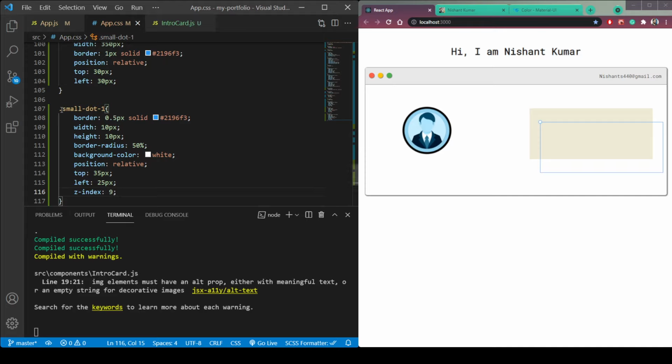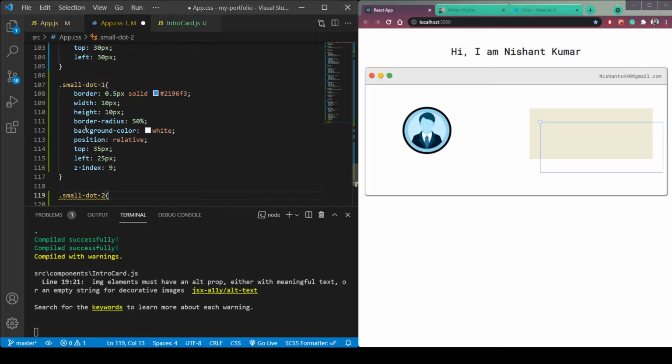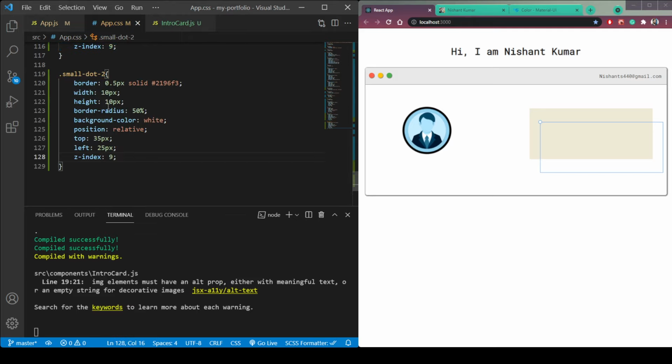Now similarly, copy this small dot 1 and make it for the second dot. So copy this, because we will be using the same properties, but we need to make this left a right.